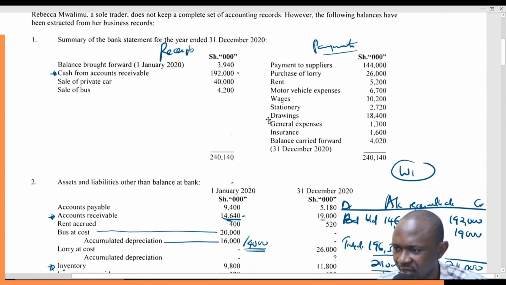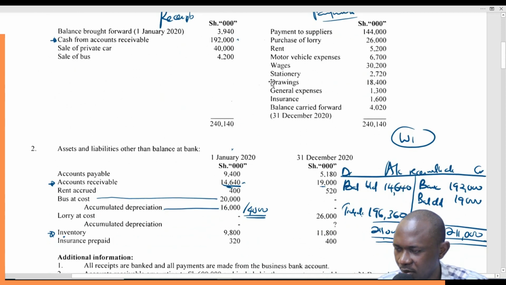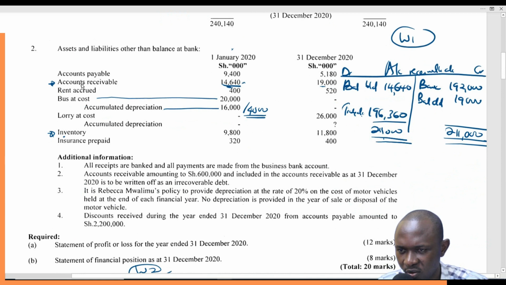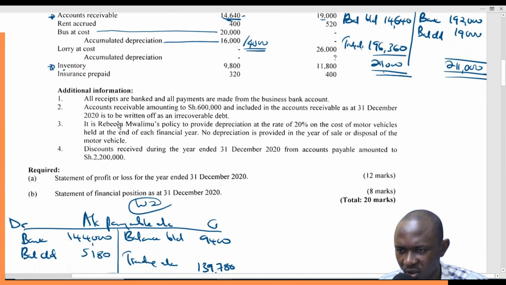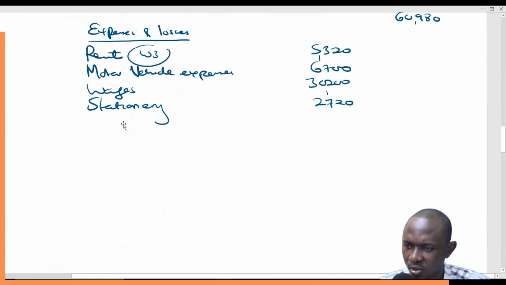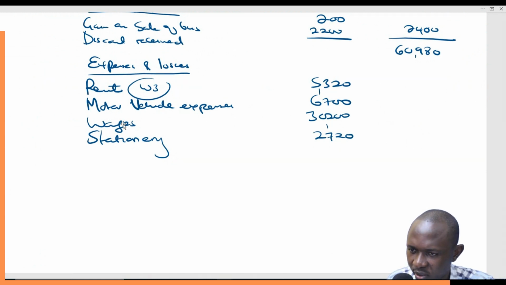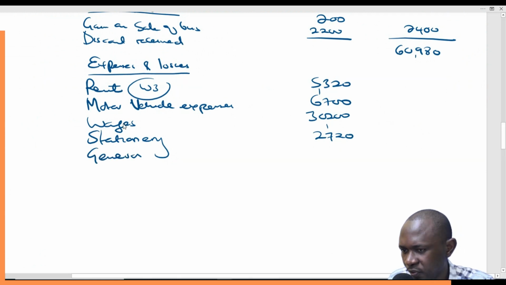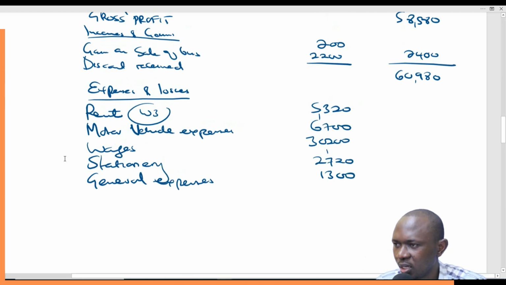Drawings doesn't come to P&L, it will come to the balance sheet. General expenses 1,300. Do you have anything for general expenses? Nothing. So general expenses 1,300. Then next,